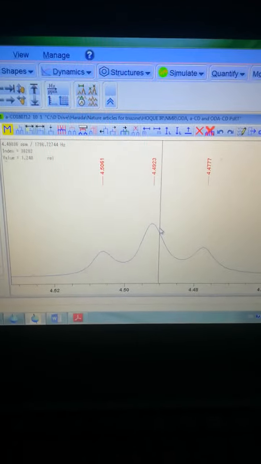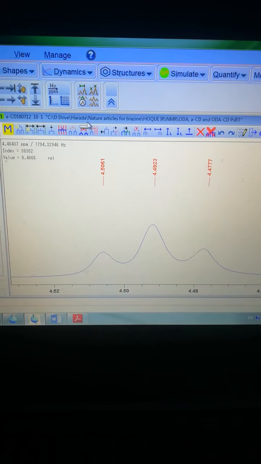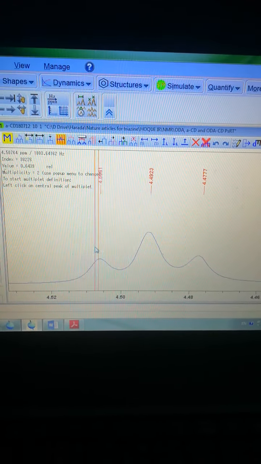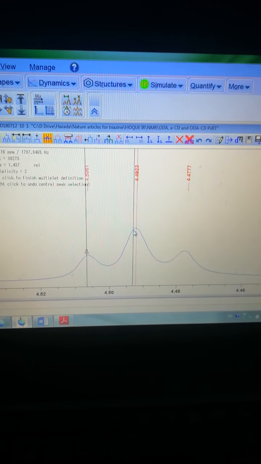Now you can see the triplet. Then choose this option, click here, and manually select the highest tip of the triplet here.